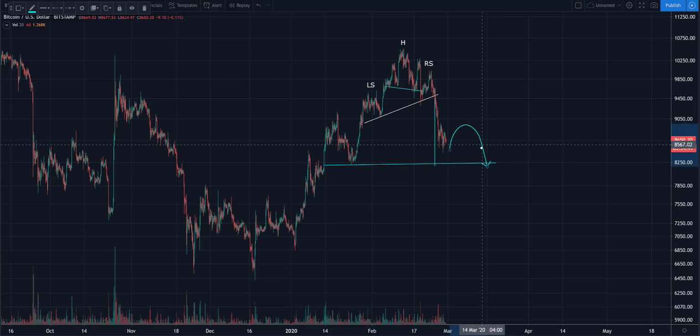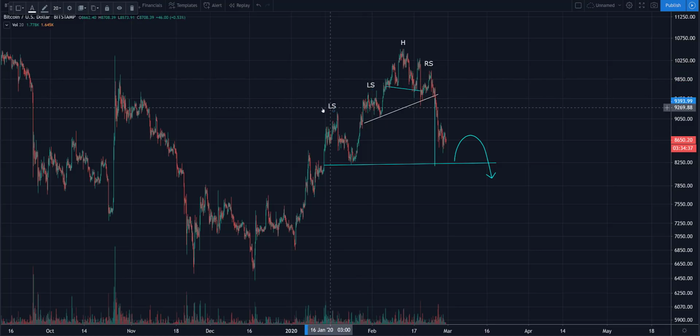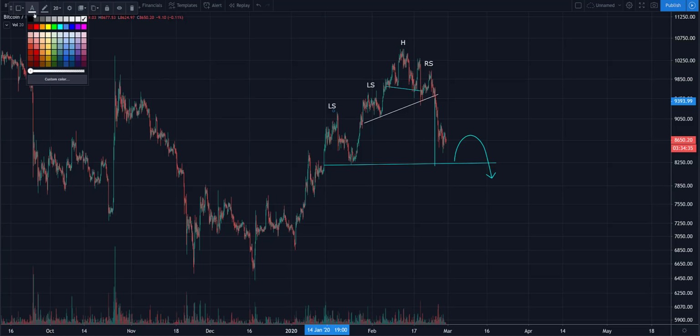Okay, and have it something like this. Now we have a definitive, far more classical, should I say, head and shoulders, a larger base